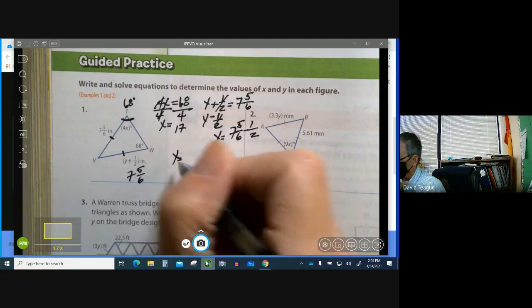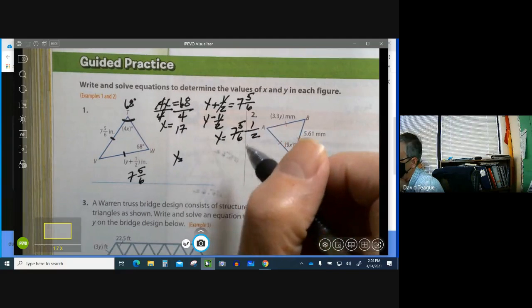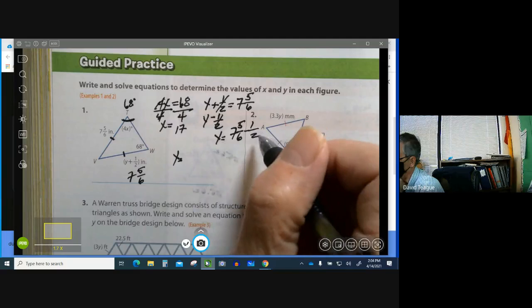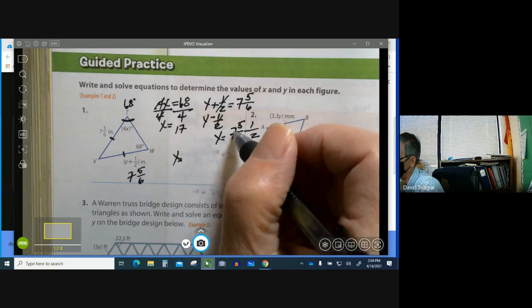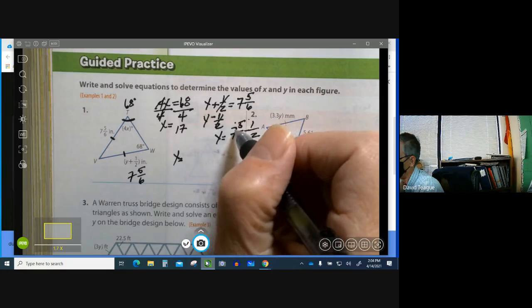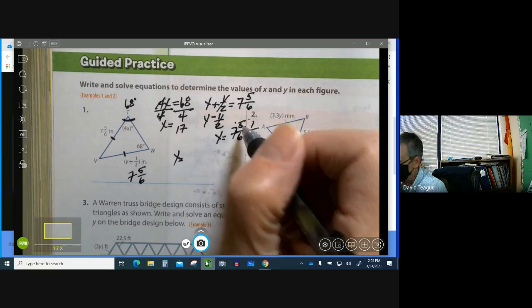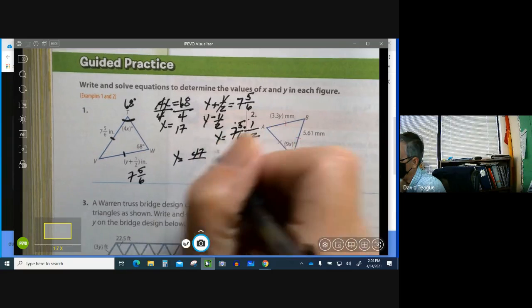Now I have a mixed number that I can't do anything with. I have to change it to an improper fraction. So 6 times 7 is 42, 43, 44, 45, 46, 47. So y is equal to 47 sixths